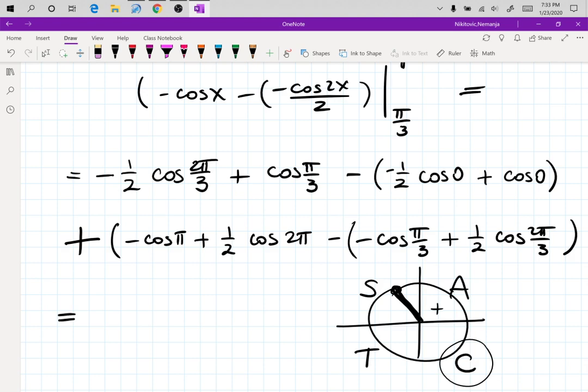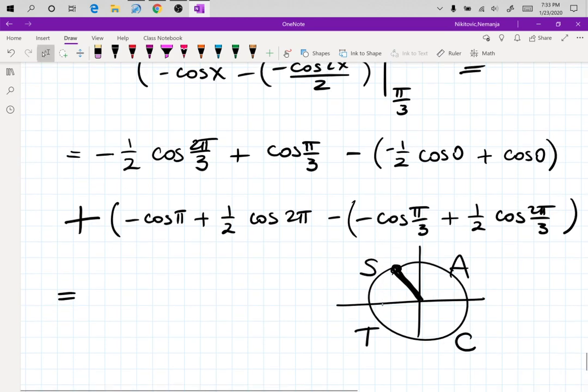All meaning sine, cosine, tangent. So cosine values are positive in the first and the fourth quadrant. Since I have cosine of 2 pi over 3, and I know that pi over 3 for cosine is 1/2, so negative 1/2. I have negative 1/2 times negative 1/2